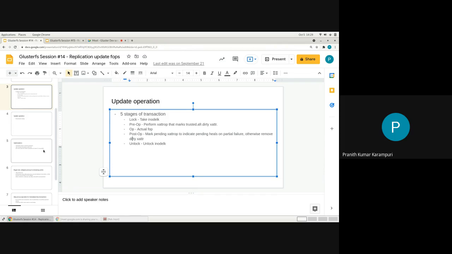If you want to find out whether the data is the same on all the replicas, you have to look at the contents of the complete file, which needs reading the complete file, and that is a problem. But in the case of metadata and name operations, if you just do a stat on that name, which is a lookup operation with extended attributes and stat, it is a constant operation, and with one network operation you get all that information.